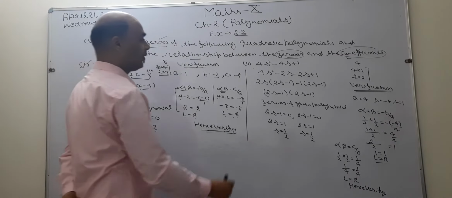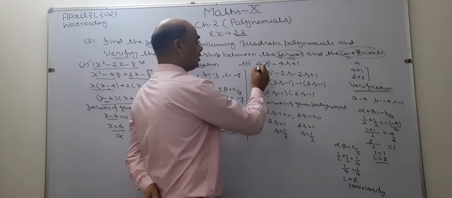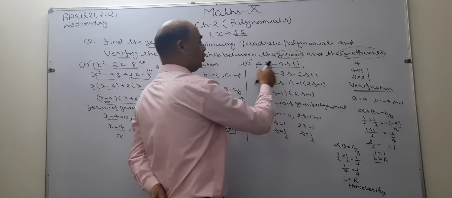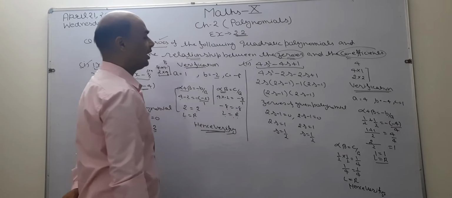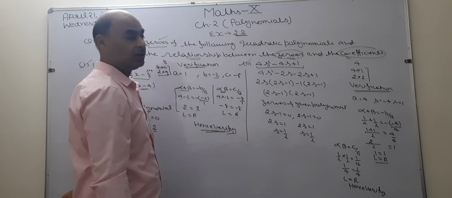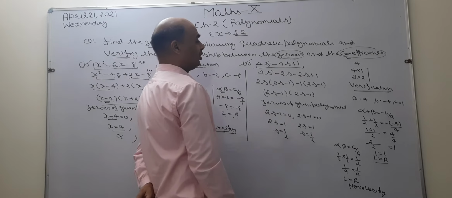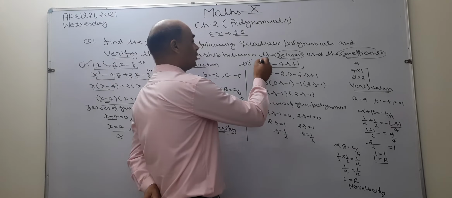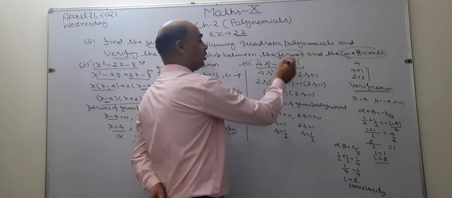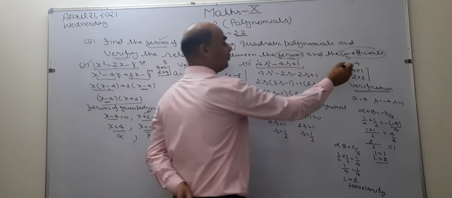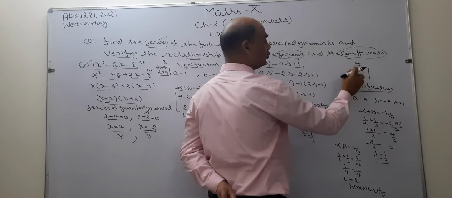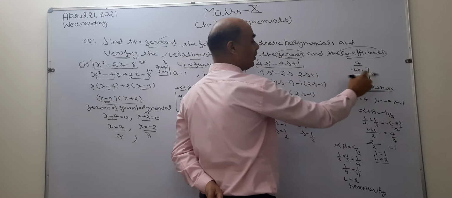Now see its second part. What is the second part? In the second part, this polynomial is given: 4s square minus 4s plus 1. Now I am going to solve again by using the method of splitting the middle term. What is the first term? 4. What is the last term? 4. Multiply these two terms. 4 ones are 4. Now the possible factors of 4 are 4 ones are 4 and 2 twos are 4. Only two pairs are there.